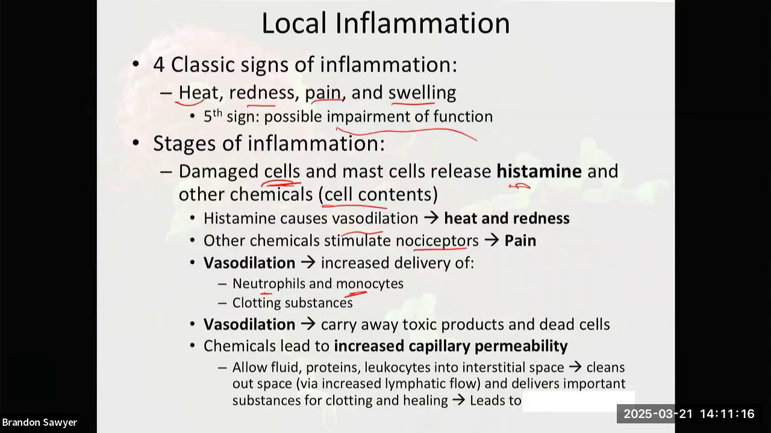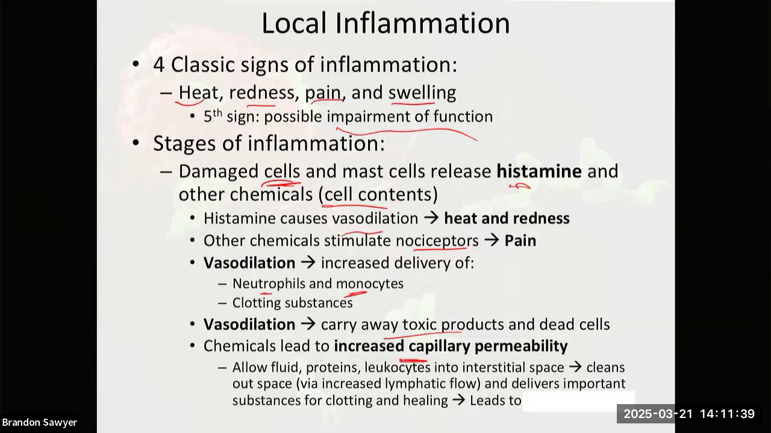But that vasodilation is also going to be part of leading to that heat and that redness. The vasodilation is also helpful for getting rid of some of these things that are released from broken cells and broken tissues. We need to get that stuff out of there. But then some of these chemicals too, some of these cell contents and histamines, they also change the permeability